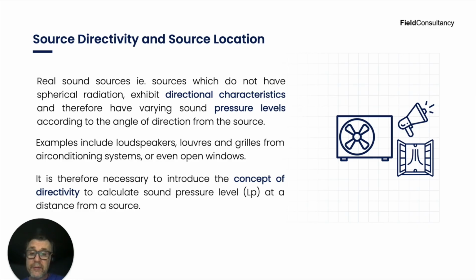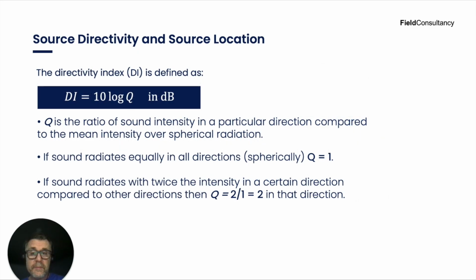Examples of real sound sources include, of course, our voice, which I talked about earlier, loudspeakers, louvers and grills from air conditioning systems, or even open windows. It is therefore necessary to introduce the concept of directivity to calculate the sound pressure level at a distance from a source. What we can do is take the ideal omnidirectional sound propagation and apply a decibel correction for the